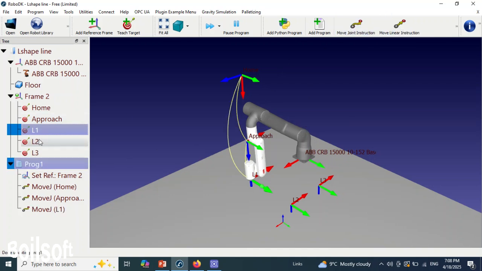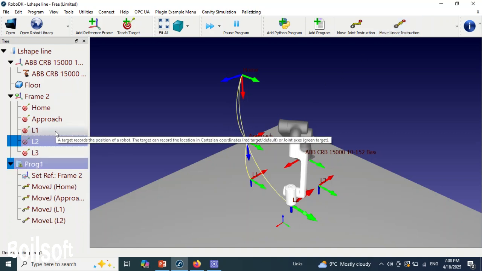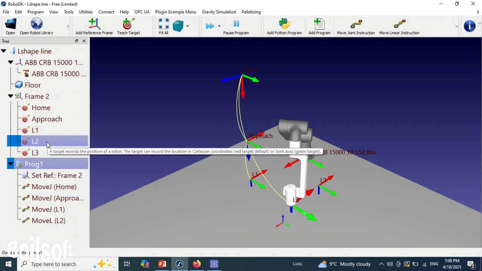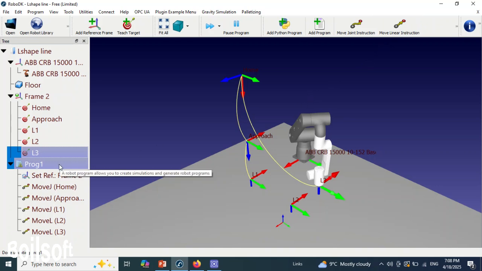From L1 to L2, we want to use the linear movement. From L2 to L3, we want to use linear movement. So all of the movements we created right now